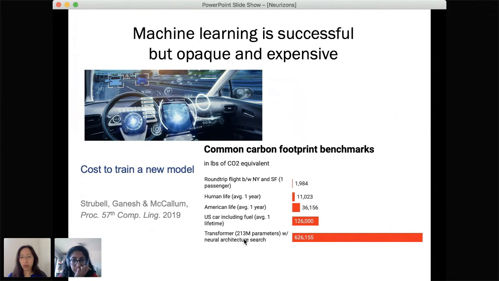For example, here, this is one of the new models, and of course, they've been getting more complicated over the years. It uses a lot of energy just to train the model compared to, let's say, the lifetime of an average American human life, or a car. And this is just to train the model. So let's say the first few days to get the model started up, and then there will be additional costs to run the model, to fine-tune the model, to retrain the model for different purposes.